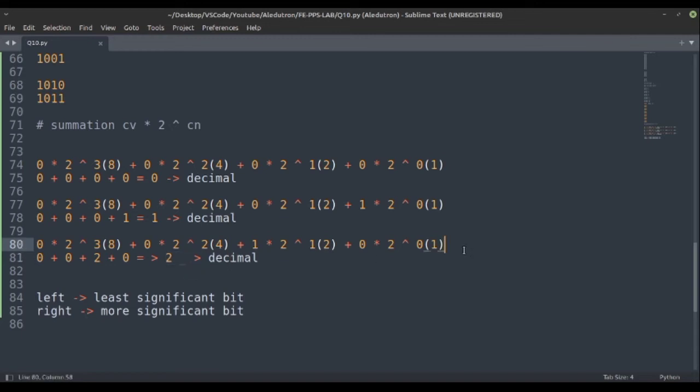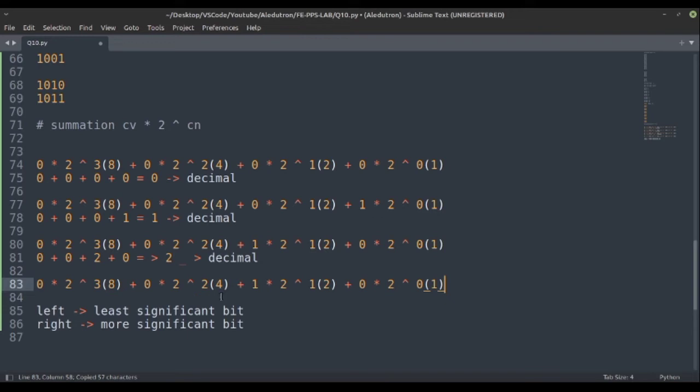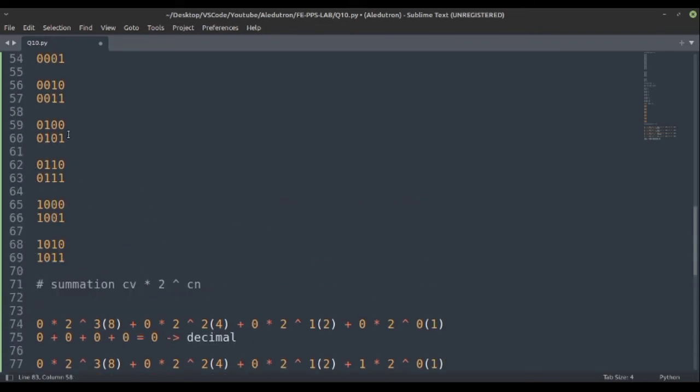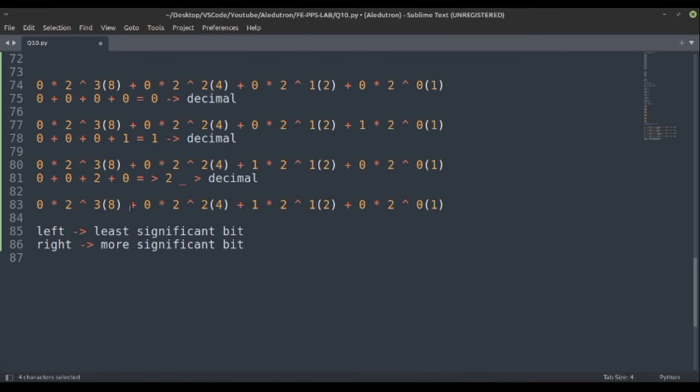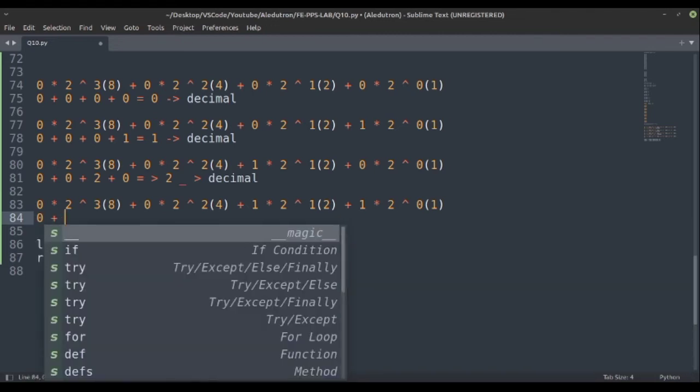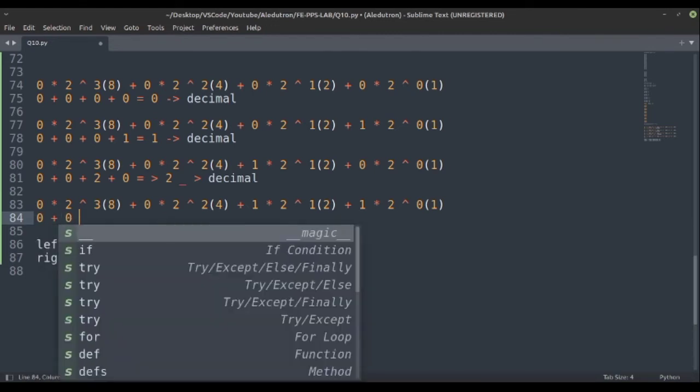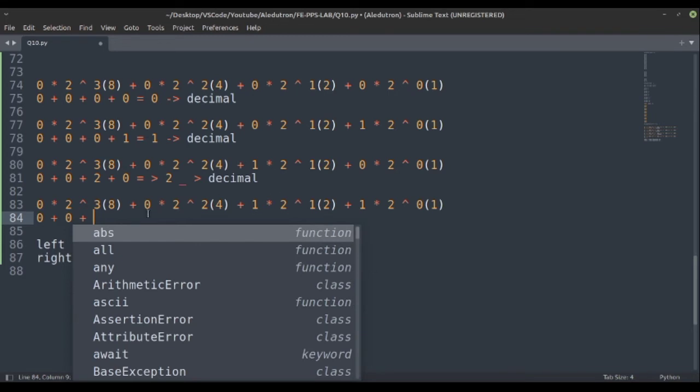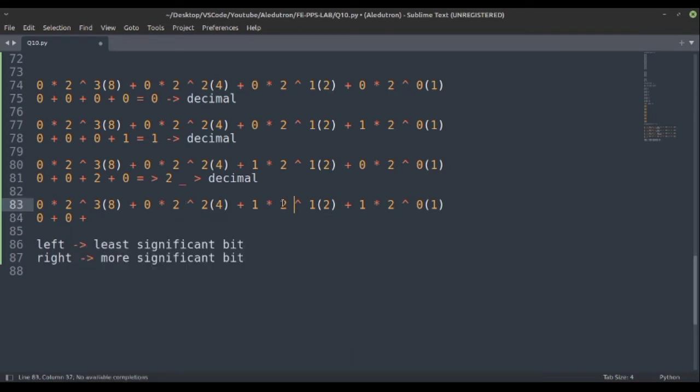Similarly we will calculate for the third number. So it is 0 0 1 1. So now what we can do, 0 plus 0, first two terms would be 0, as they are multiplied by 0, and then 1 into 2, so it would give us 2.